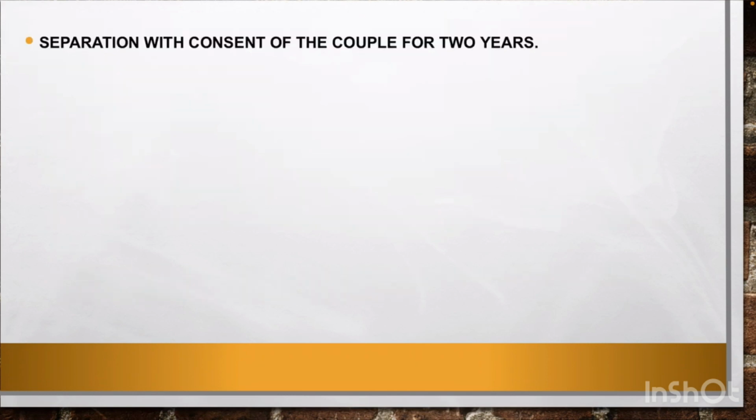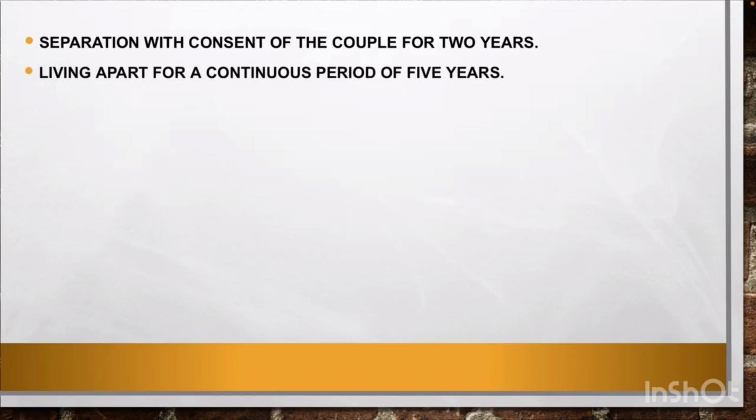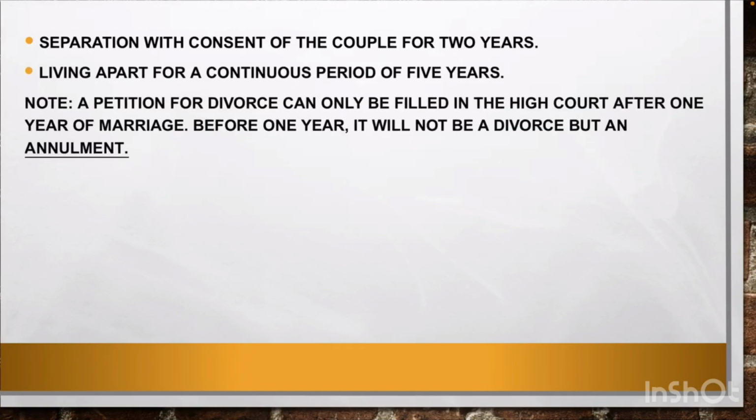Okay. Separation with consent of the couple for 2 years. You're on separation for 2 years. When you go to court, divorce is valid there. It can happen. It's very possible. Living apart for a continuous period of 5 years. Note that